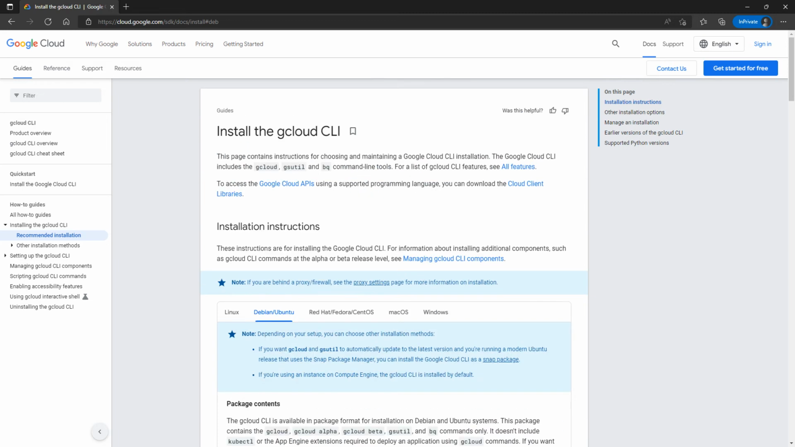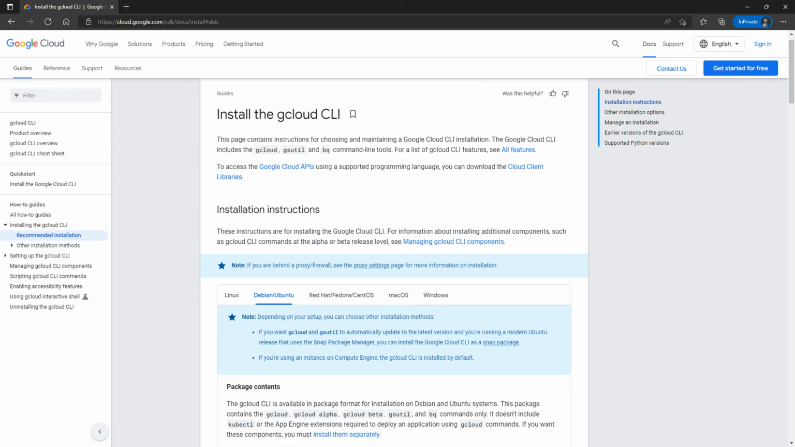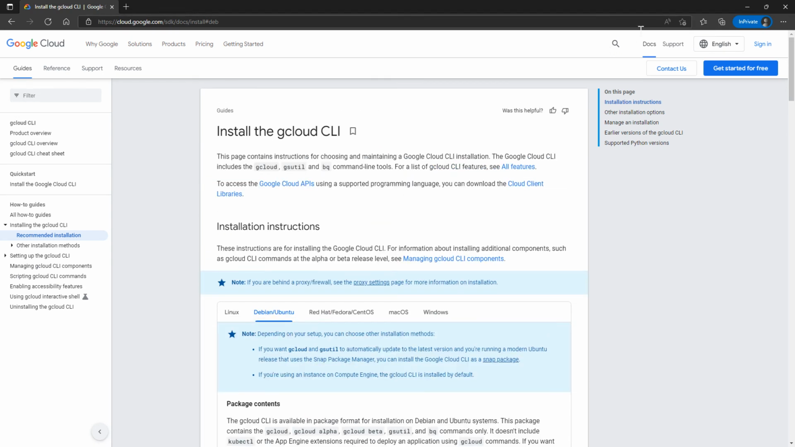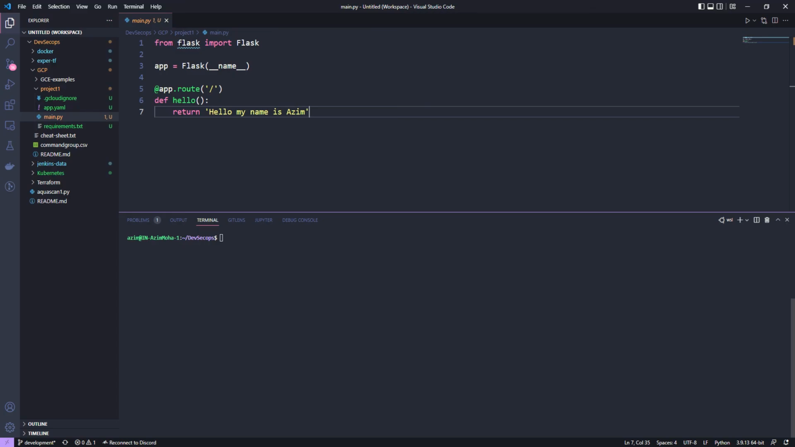To start off, I will tell you how to first connect with your Google Cloud SDK: how to install Google Cloud SDK and connect to your Google Cloud console. So the first thing is you have to install Google Cloud SDK. I'll be installing in Ubuntu, and I'm using WSL, that is Windows Subsystem for Linux,